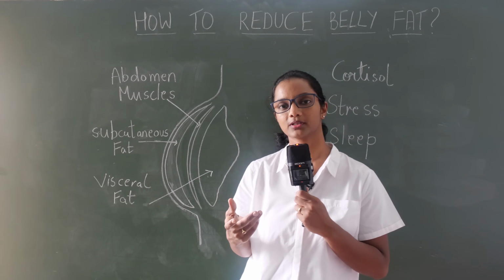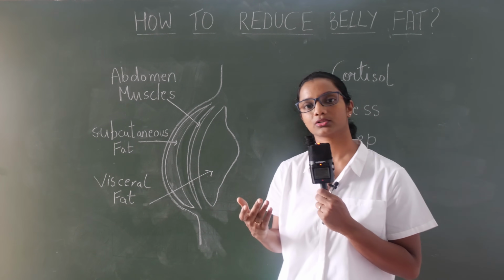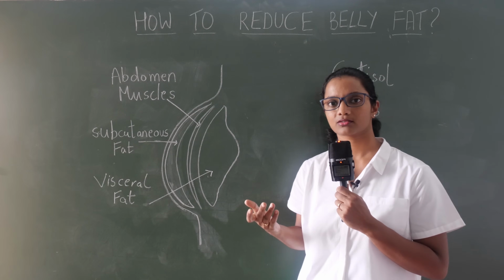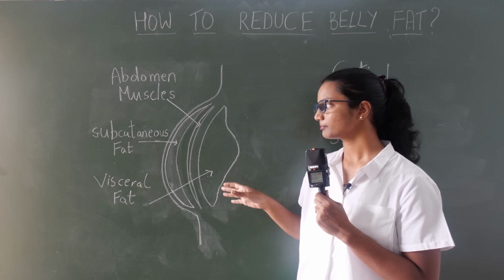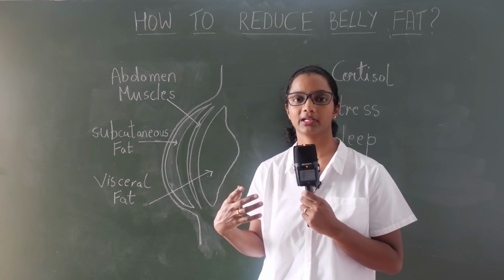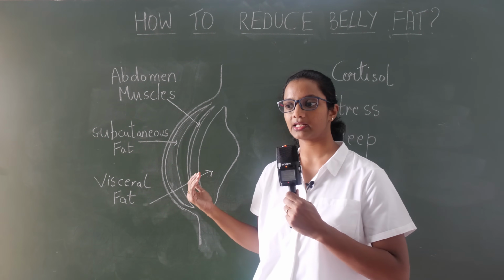So even with people who are obese or fat, they would have fat accumulation all over the body, even in their arms and legs. So it includes the stomach area. But in some people, it's only fat accumulation, they only have a big belly. So how to reduce these inches of belly?